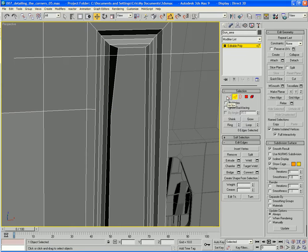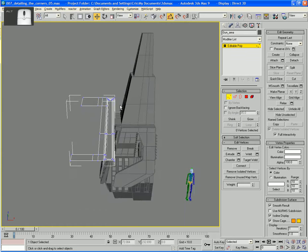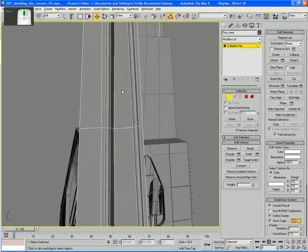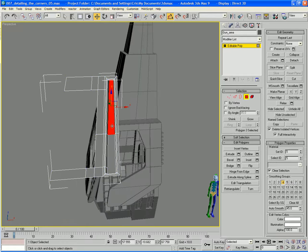Backspace to remove them. Same goes with these. Okay, now let's have a look at that, and that's straighter and much nicer. Okay, that's fine. Now inside this, if I just look at this part,